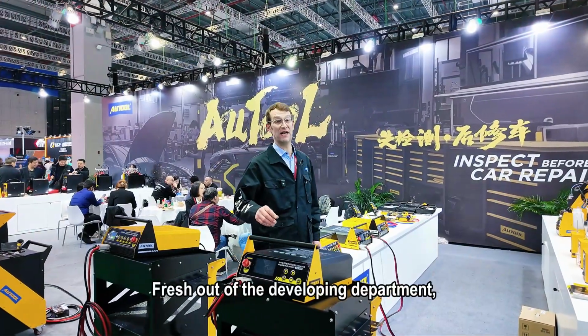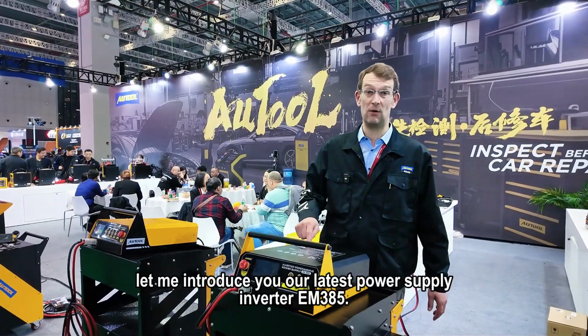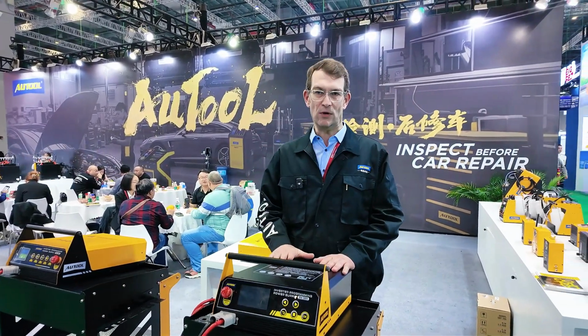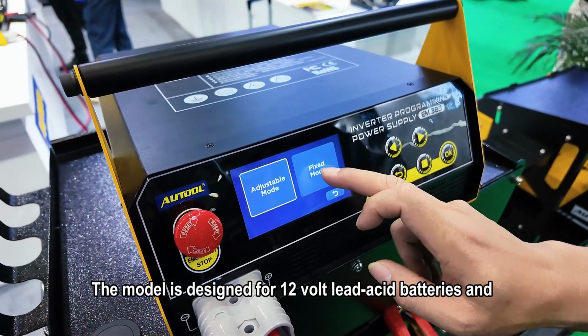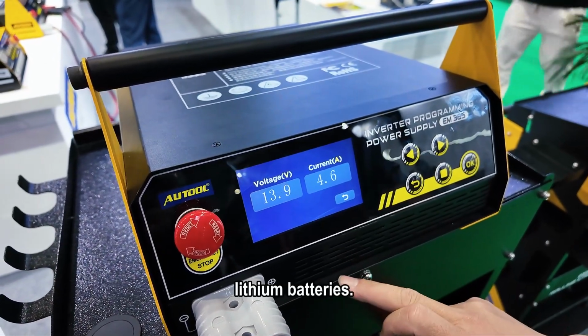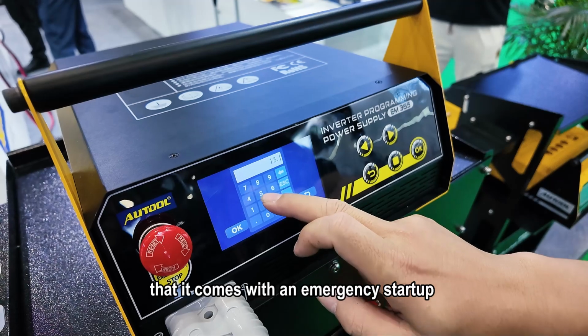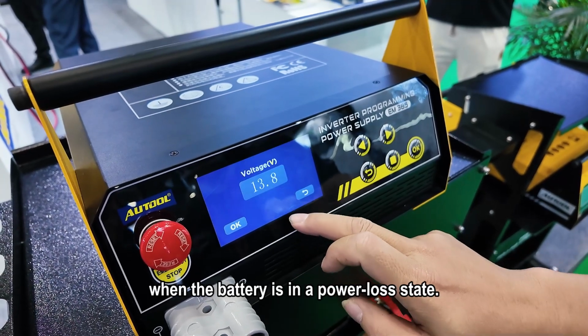Fresh out of the developing department, let me introduce you our latest power supply inverter, EM385. The model is designed for 12-volt lead-acid batteries and lithium batteries. The main function for our customer is that it comes with an emergency startup when the battery is in a